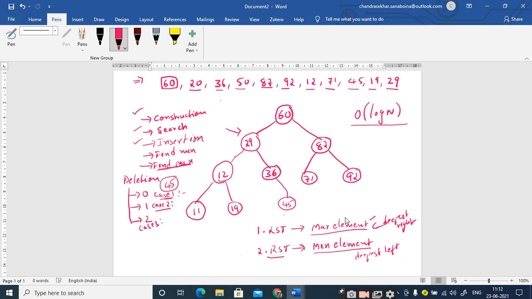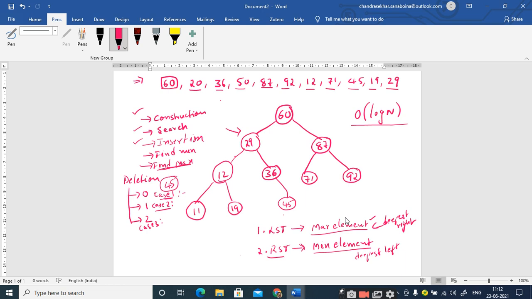Coming to case 3, where you are going to delete the node with 2 children, you should be very careful. You can do it in 2 ways. Either you can find the maximum element from the left subtree, or you can find the minimum element from the right subtree. So these 2 elements are the eligible nodes to be replaced, right? So how do you find the maximum element from the left subtree?